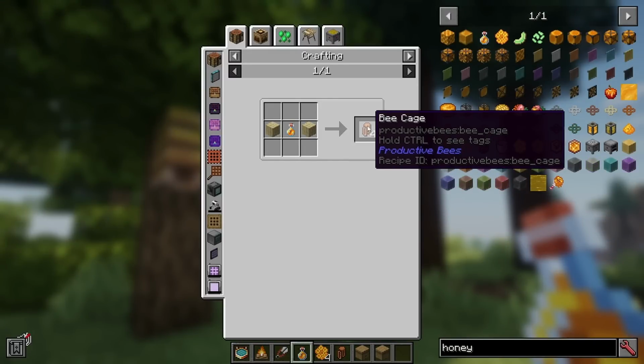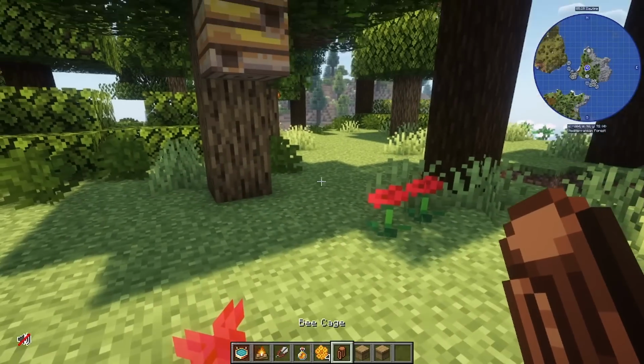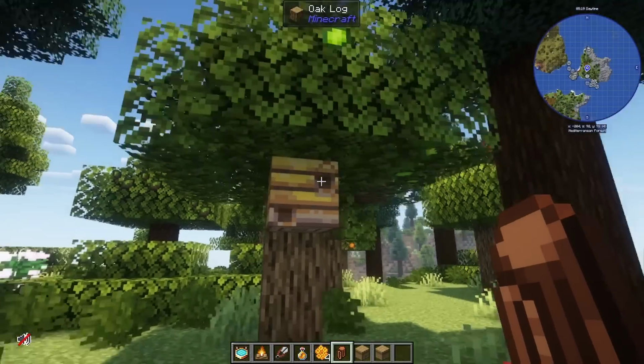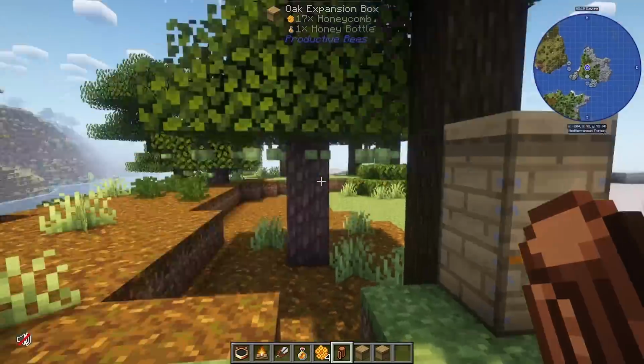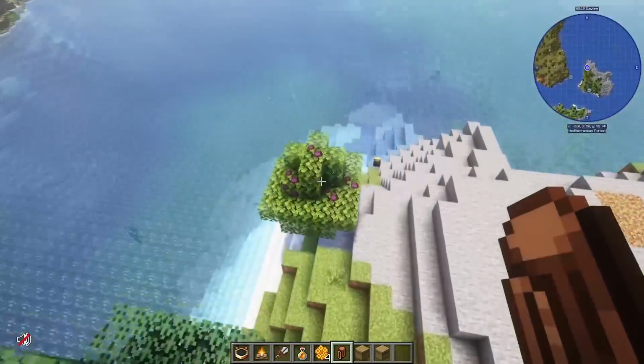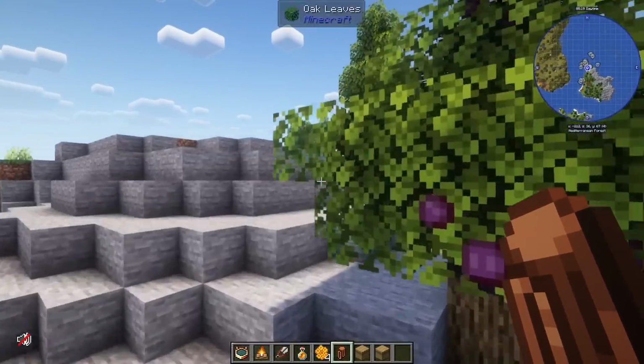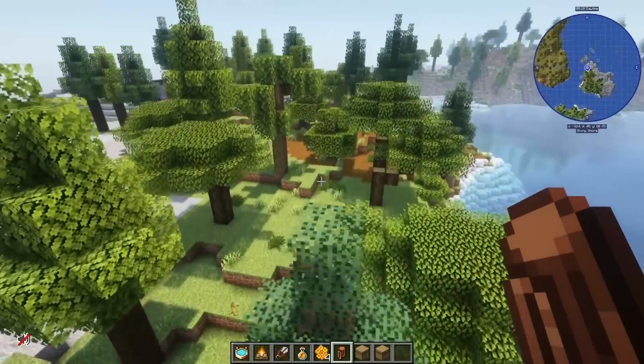So a bee cage is super useful. You can use it like a Pokeball. So you can right click on a bee to move it. There are other bees around. I think there's a carpenter bee over here somewhere. Where is it? There it is. There's a yellow carpenter bee right there. So there's a bunch of other bees, but to begin with, you're going to want to